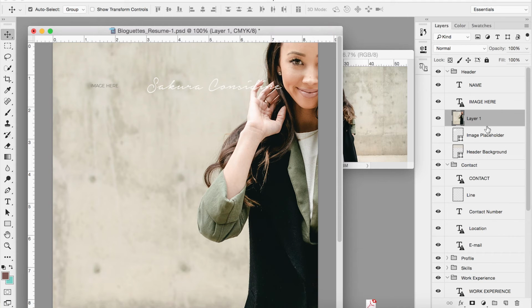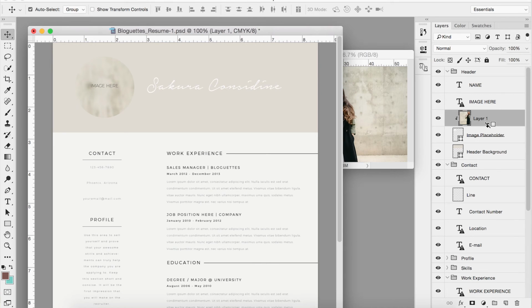All you're going to do is hold Option on your keyboard, or Alt if you're using a PC, and then hover over the line that is in between the image placeholder and your image. And then you'll see your cursor change to a little square and an arrow below. So all you're going to do is hold Option or Alt and click. All right, so basically what we just did is we put the image inside of the image placeholder, so inside